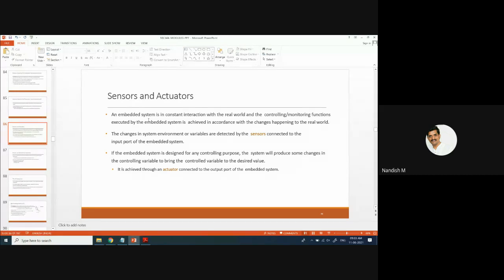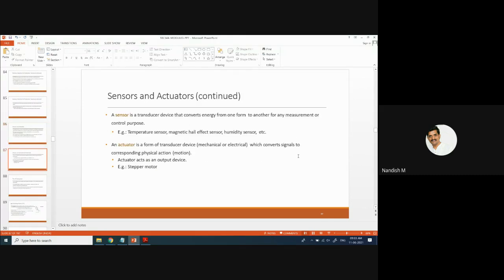If it is just a monitoring function, you just read the parameters, don't take any actions, just read and display. You are not going to impact any controlling variable. In that case, you will use only sensors. In case of controlling, sensors and actuators both are required.